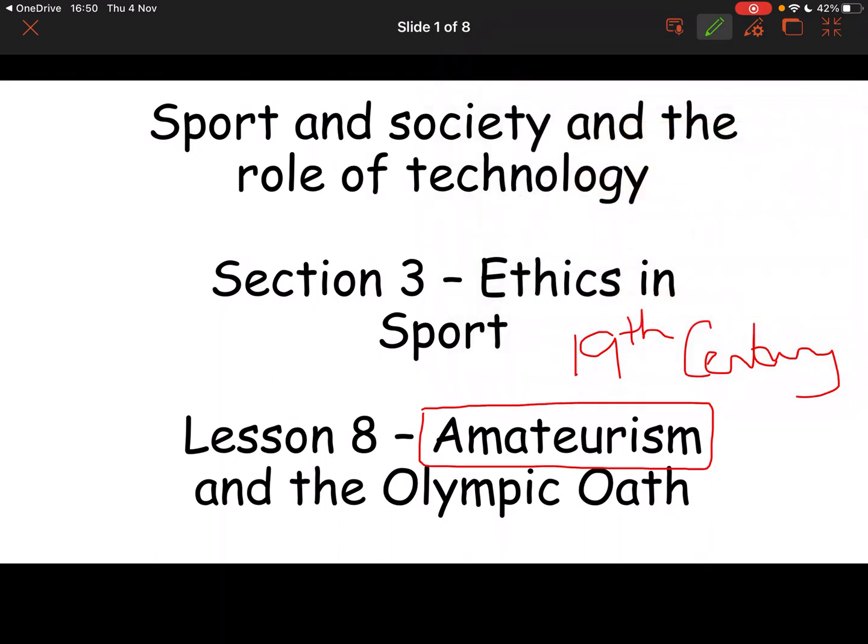And the other content that I want to cover in this video is something called the Olympic Oath. This is actually new to the new specification and hasn't actually come up on an A-level paper. It's come up on a couple of AS questions. Now, this video has been done slightly differently to normal. This is replacing a taught lesson. So what you will have are 3 handouts that you can use through the duration of this lesson.